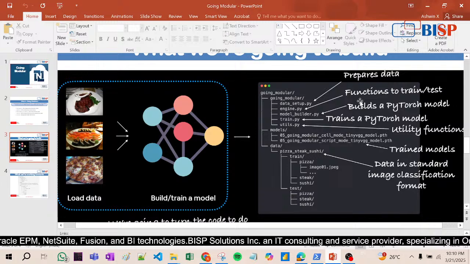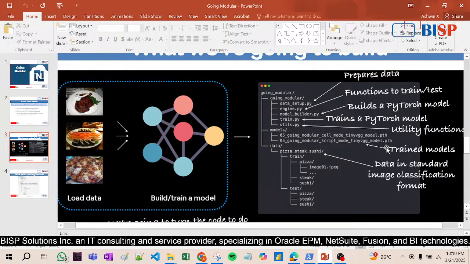Functions to train and test, engine.py. Builds a PyTorch model, that is model.builder. Trains a PyTorch model, that is train.py. Utils, utility functions, and then trained models will be written in this .pth file, right? Then data. Now see, everything will be written in,